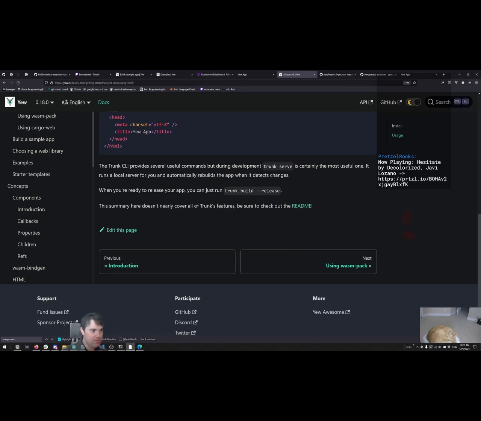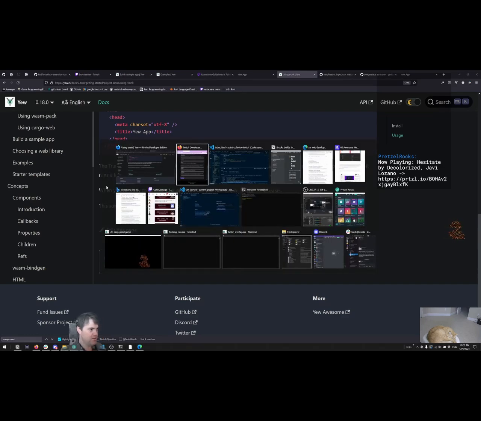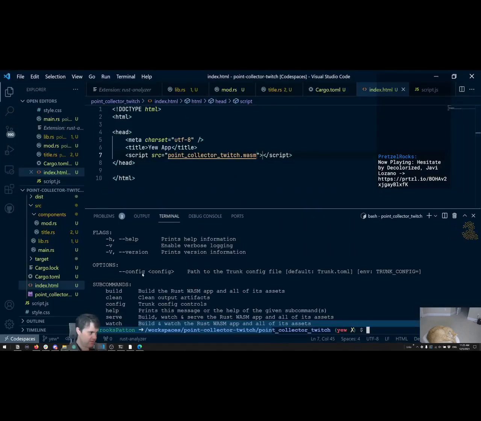When you're ready to release your app, you can just run trunk build --release, but you don't have examples of doing that. So if I'm here and I do trunk build release,